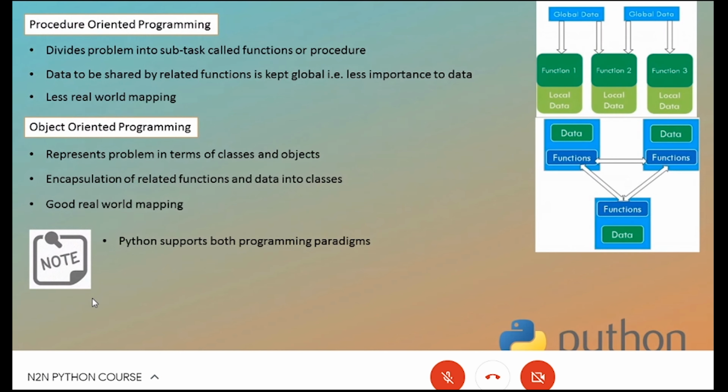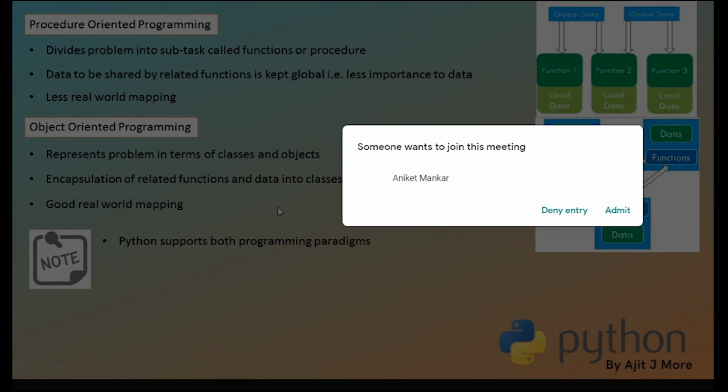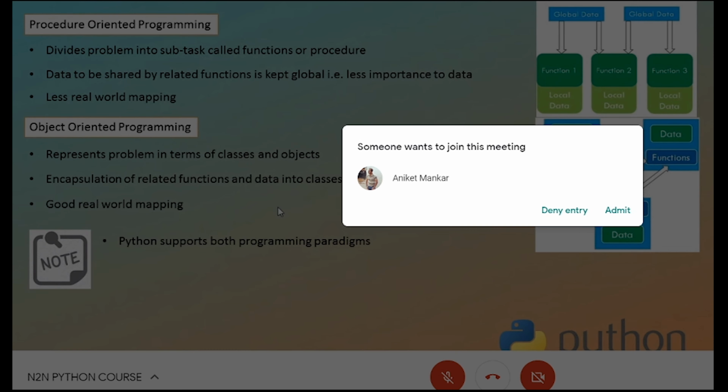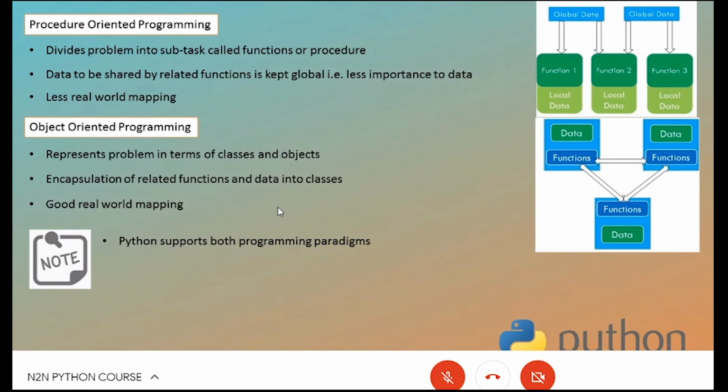Though you can write procedure oriented code by writing functions, which we have done in one chapter. We were writing our own functions and then calling the functions. Or you can write your program in terms of classes. Means you can create your own capsule in which you put related functions and related data, and then you create a copy of that capsule called an object and interact with those objects. So that methodology is also allowed.